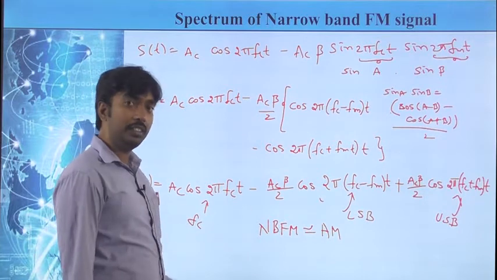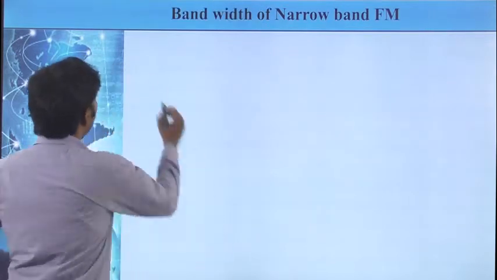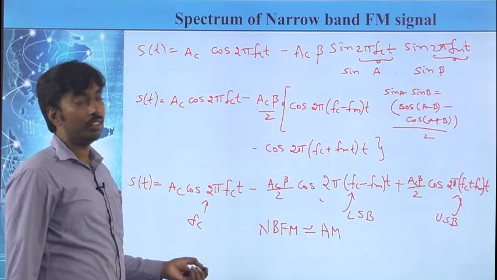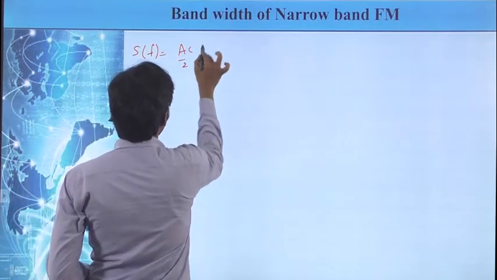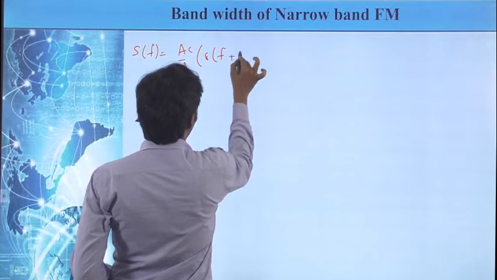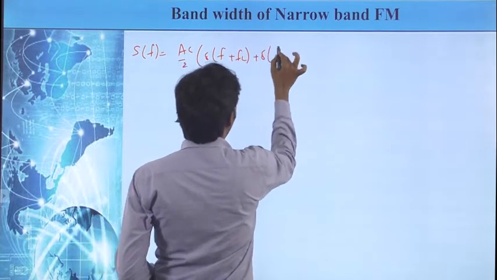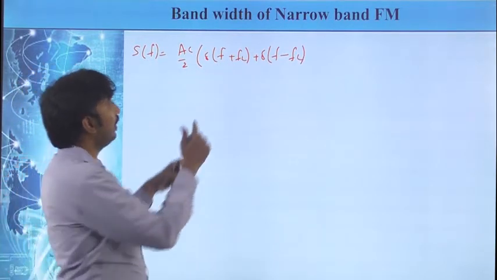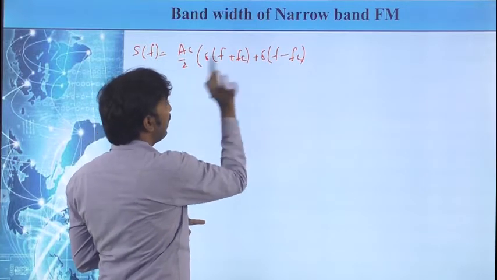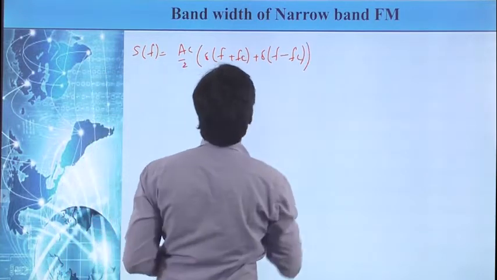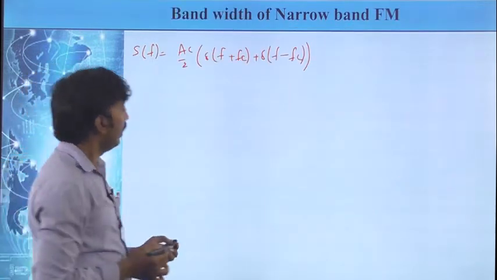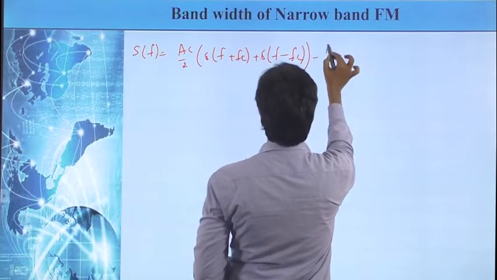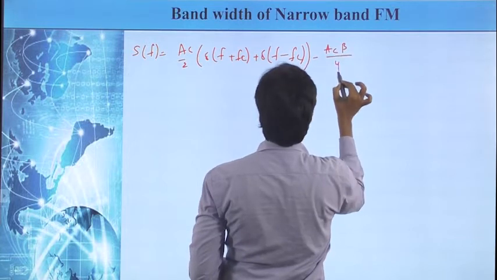Right? Now if I convert this into the frequency domain, S(f) is equal to, now Ac cos is nothing but Ac by 2 into δ(f plus fc) plus δ(f minus fc). That means the impulse at plus fc and impulse at minus fc. And that is for cos 2πfct. And for cos 2π(fc minus fm)t, what can I write? Minus Ac beta by 4